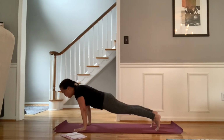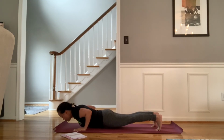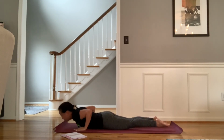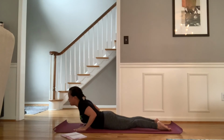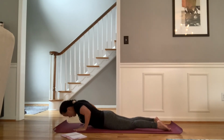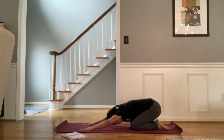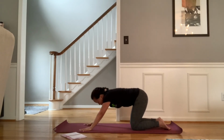Move forward 1 inch, slowly lower all the way down. Belly comes down, feet come down. Take it up halfway, cobra, head comes down. Push back into child's pose. Come back up into